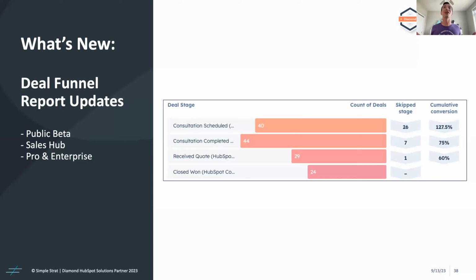But that means that you don't get a report on that awesomeness. So it didn't, like, that's a great conversion. It's probably a faster conversion, and that just dropped off of your conversion reporting. Now, skipped stages don't affect this new deal funnel report. In fact, it'll even show you how many deals skipped that stage. So awesome update. It is in public beta for anybody that had access to the old deal stage flow, which